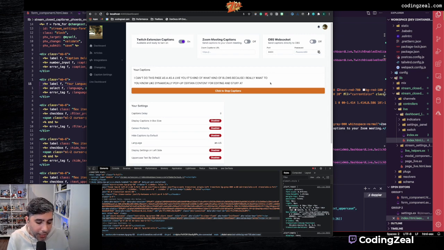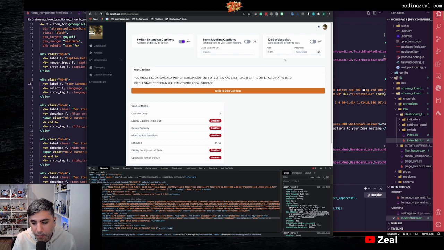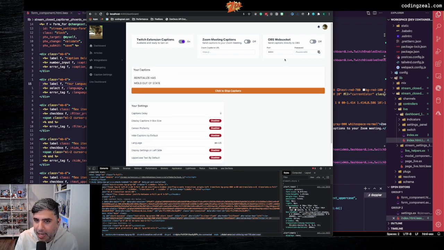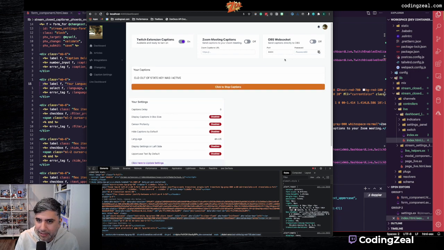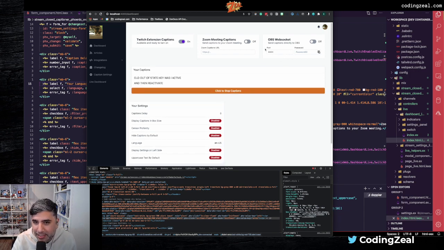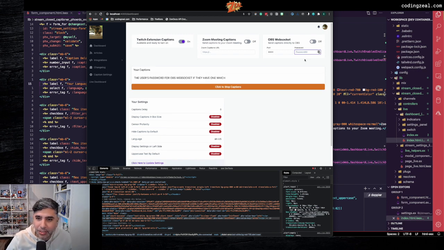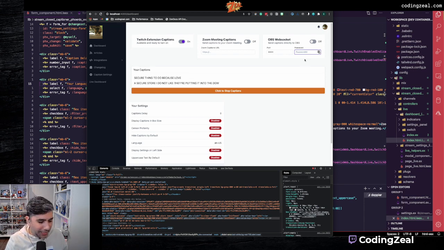The other alternative is to store the state of certain UI elements into local storage. And when the Stimulus controller reinitializes, it pulls out of state, hey, was I active? And then reactivates. The thing that doesn't work very well for that is that I would have to store the user's password for OBS WebSocket in local storage, if they have one, which doesn't sound like a very secure thing to do because local storage isn't a secure store. I know they're putting it into the DOM, but that's not